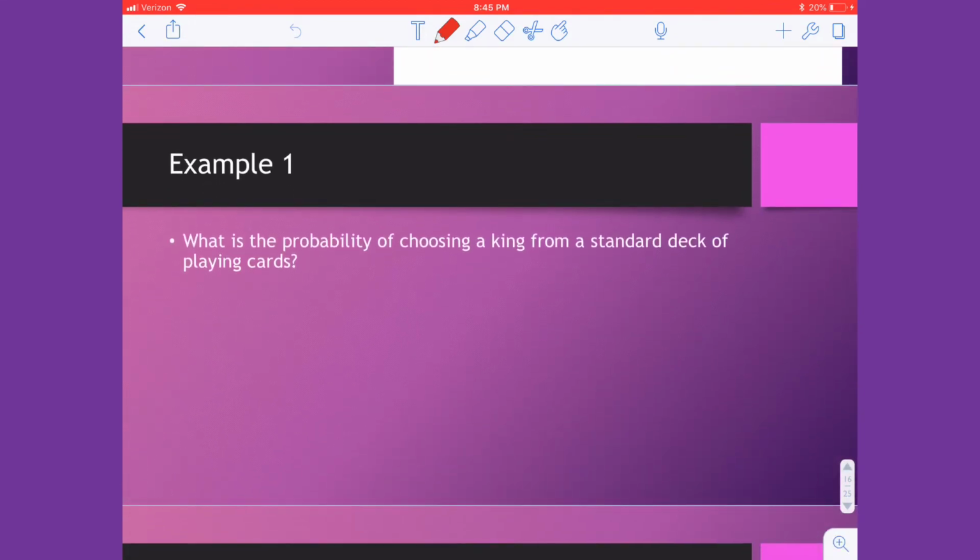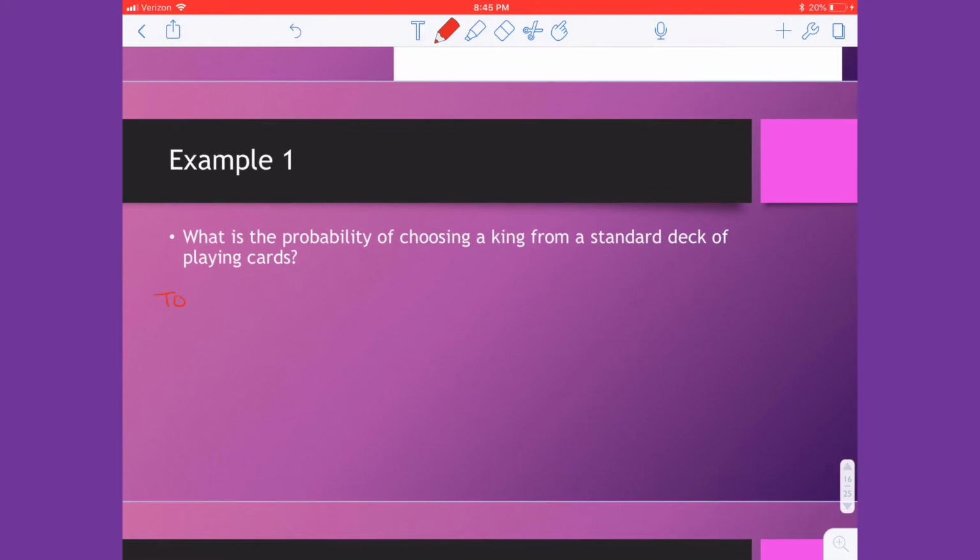So example 1, what is the probability of choosing a king from a standard deck of playing cards? Well, you need to be familiar with a standard deck of playing cards. There is a total of 52 cards. You have kings, you have queens, and you have jacks. You have the numbers 2 through 10, and then you have the ace cards. And then there are 4 suits,